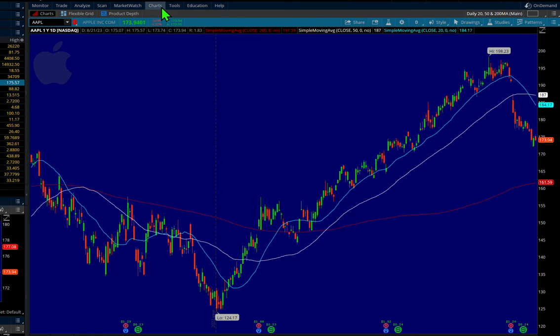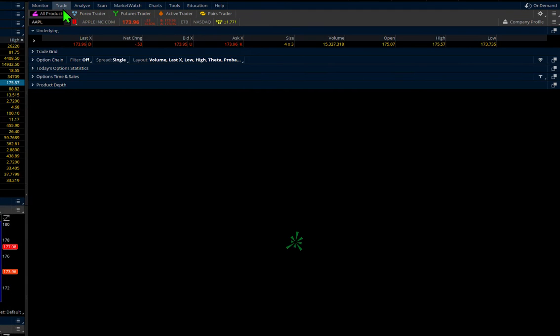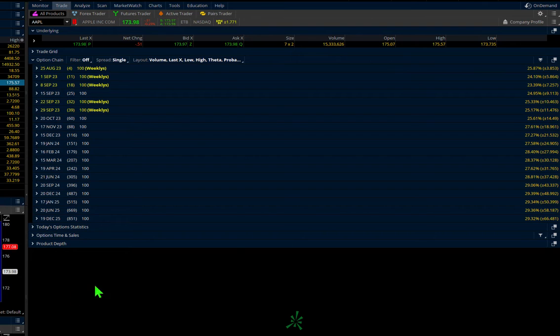I've got chart selected up here. In order to get to the option chain, we want to click on the trade tab, and then navigate down to option chain, which I have unchecked here. Just click on this little right-hand arrow, and that'll bring up all the option chains for